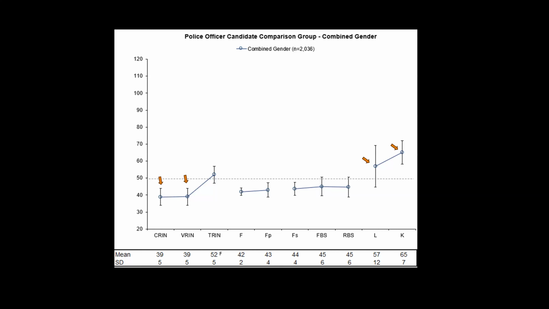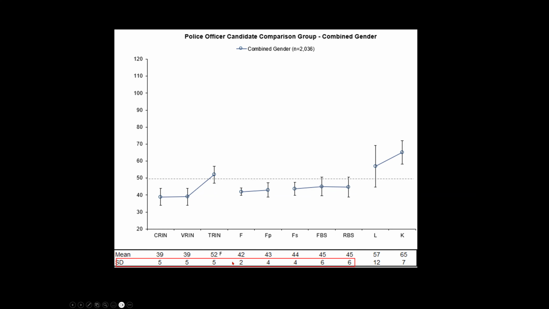Now, in a clinical setting, having someone score high on a measure that's associated with good psychological adjustment in all likelihood points to underreporting. But in the context of a pre-employment evaluation, we need to be mindful of the fact that, again, this is not a random sample of the population. These are all individuals who have gone through very thorough background investigations and have gone through other selection processes before they're referred for the evaluation. So it is a better adjusted than average sample that winds up presenting for a pre-employment evaluation.